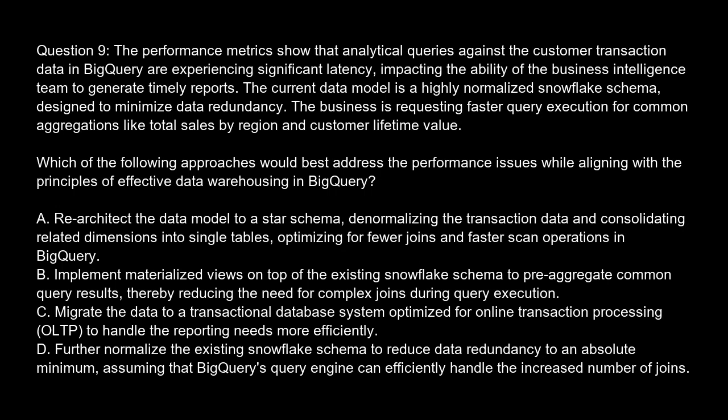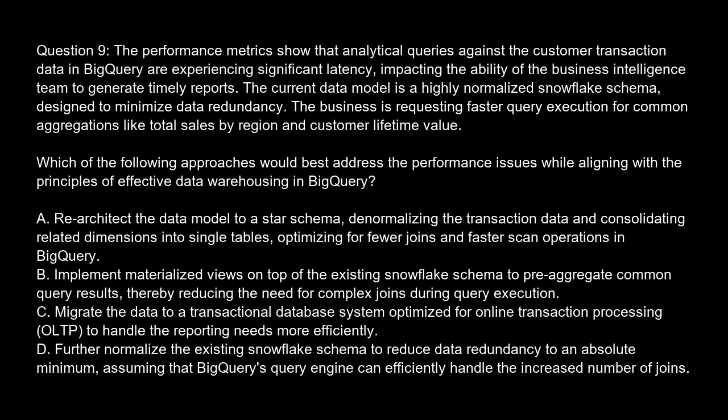Question 9. The performance metrics show that analytical queries against the customer transaction data in BigQuery are experiencing significant latency, impacting the ability of the business intelligence team to generate timely reports. The current data model is a highly normalized snowflake schema designed to minimize data redundancy. The business is requesting faster query execution for common aggregations like total sales by region and customer lifetime value. Which of the following approaches would best address the performance issues while aligning with the principles of effective data warehousing